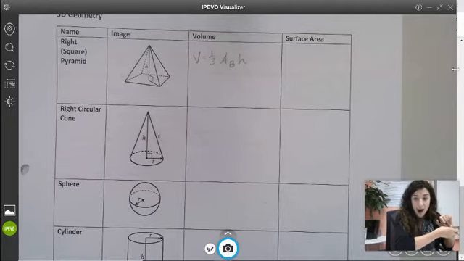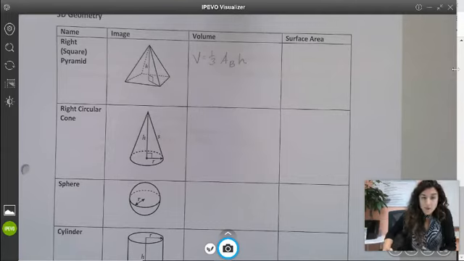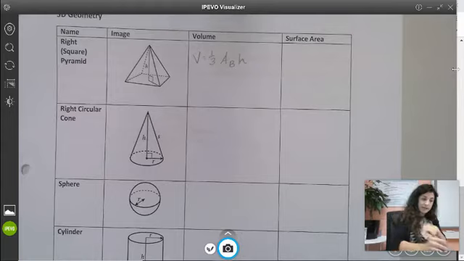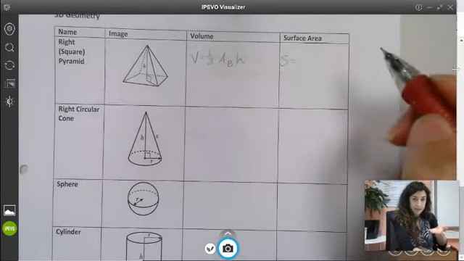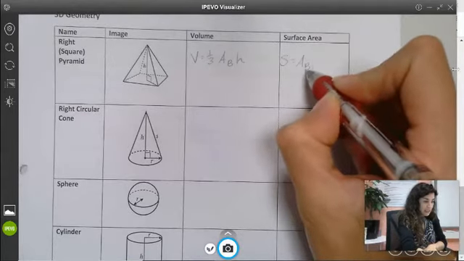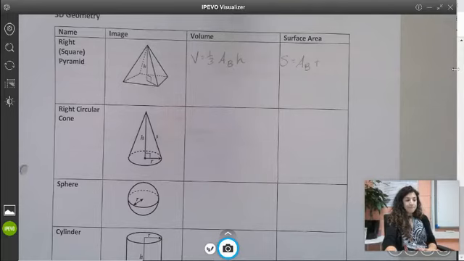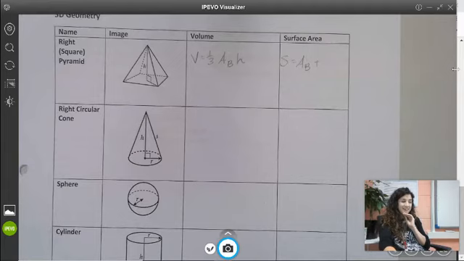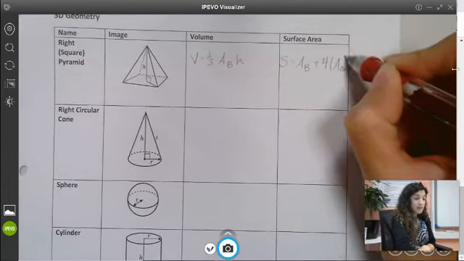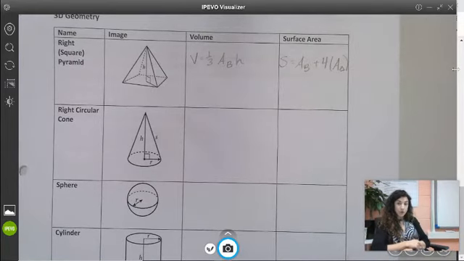Now the surface area is not in your formula book. So the IB needs you to be able to understand how to break this into all of its different surfaces. So there's that base there. Your surface area is going to be that base, which here it looks like a square, but doesn't have to be a square. So area of the base plus, we're going to always assume that, this formula is assuming that the base is a square, because all 4 of those triangles would not be an equal size if